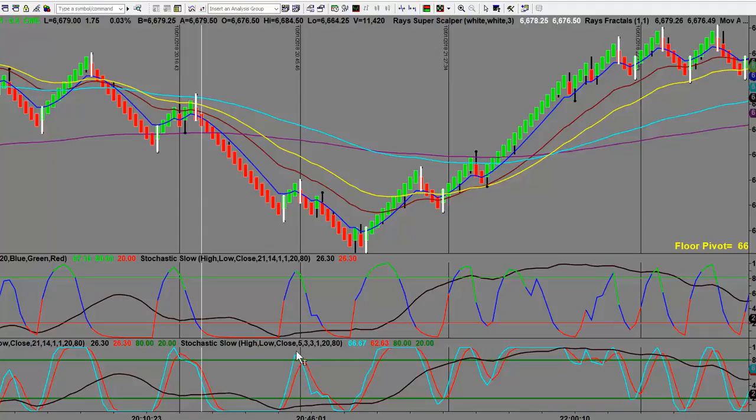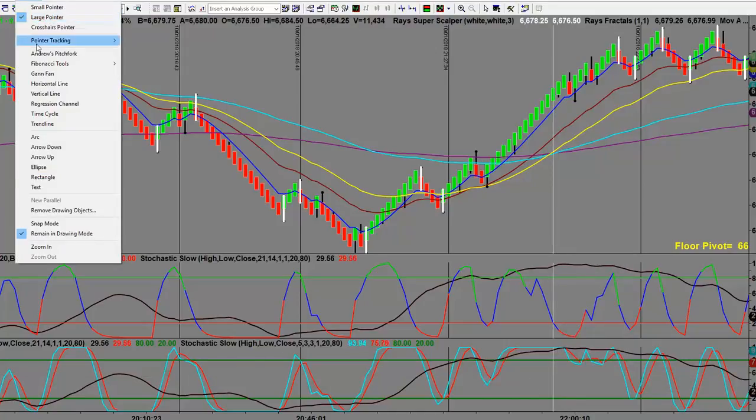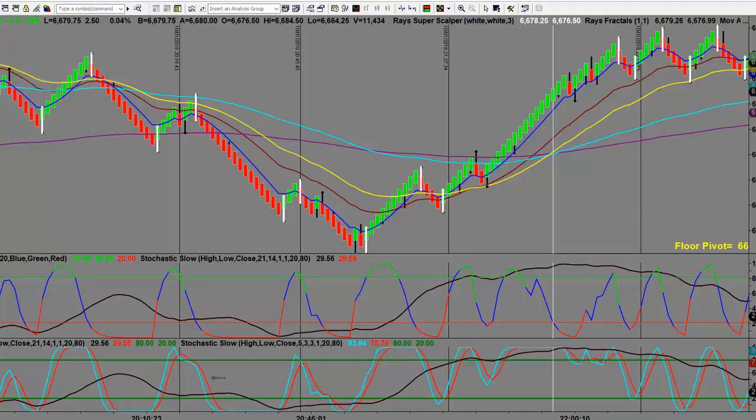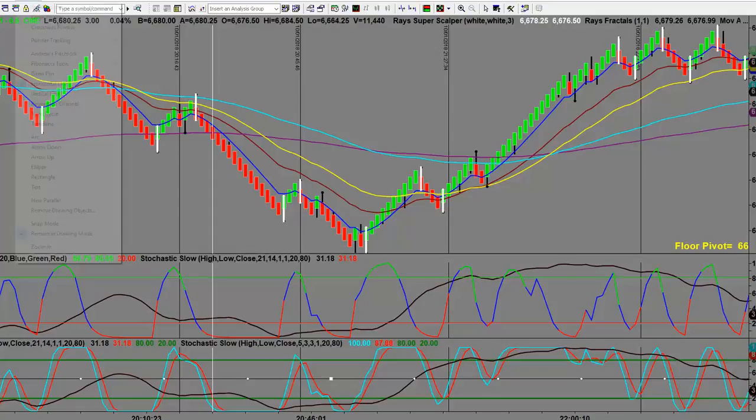Now I mentioned in the PowerPoint there that I'm looking for it to be at least of a 50% level, and what I mean by that is this. So where that line is now, and let me perhaps just put a horizontal line there for you, is, where are we, just there. Okay, so see that black line, that's a 50% level. I want to see at least the stochastic, the short term, come up and pierce that 50% level as a